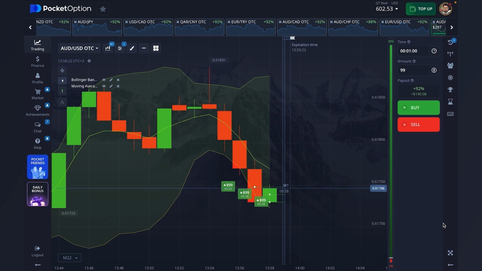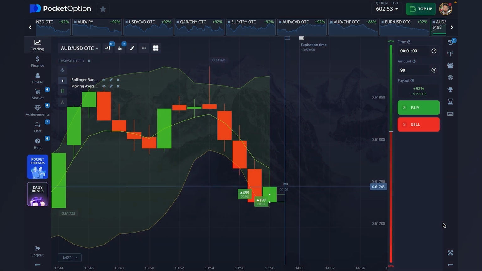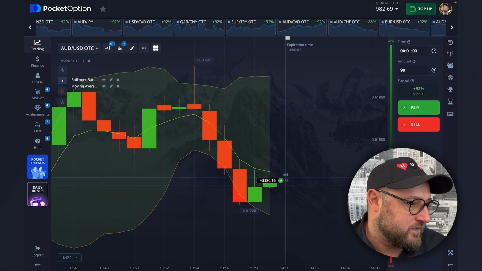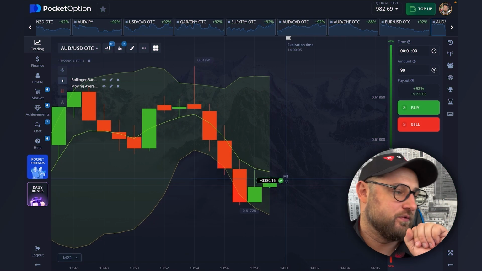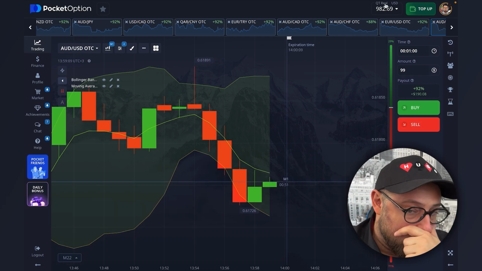Let's do this. Same strategy, just impulse, just bounce from the border of Bollinger Bands indicator. Even moving average show us downward trend. We're going opposite using the impulse. Three trades now. Why three? Because there's different points. Whoa, guys, 380 plus 982 on the balance from 50. Can you imagine? Well,